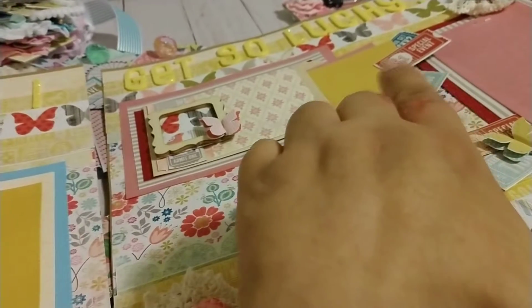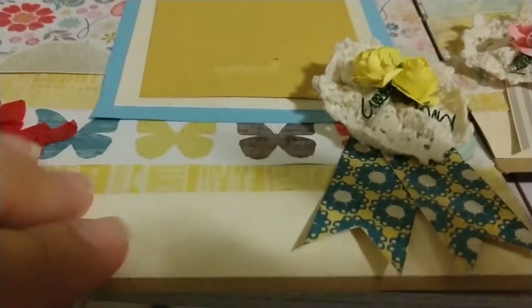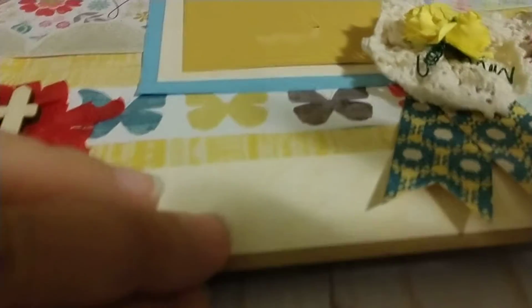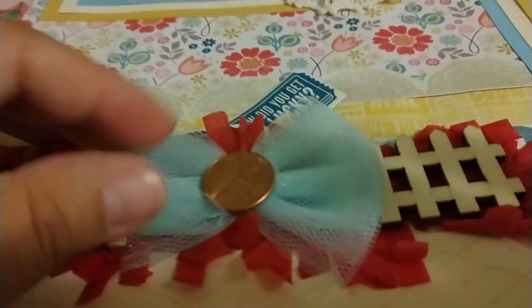I fussy cut most of the tickets. Then I kind of piece the paper. They give you the craft paper for your base, and then I just layered with my Tombow adhesive. I love that glue. You layer, and then just a while ago I had learned how to do these bows